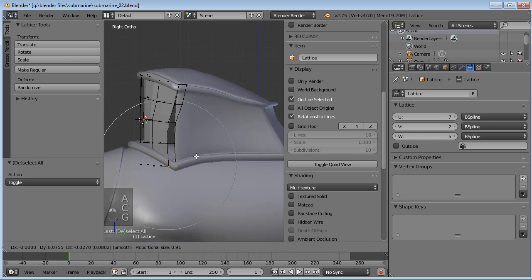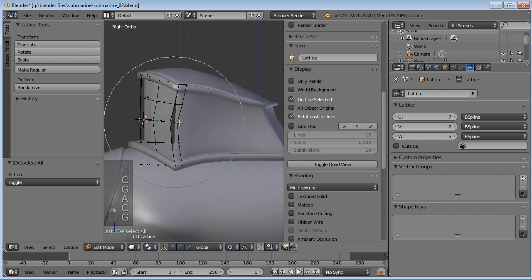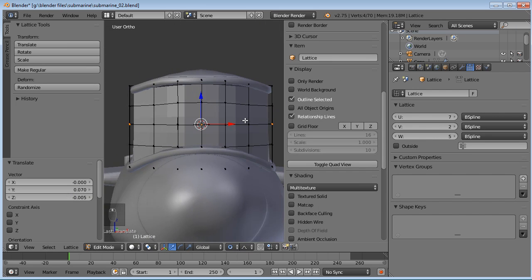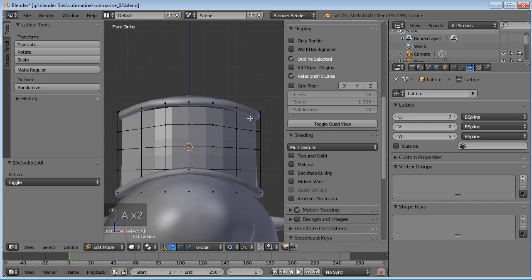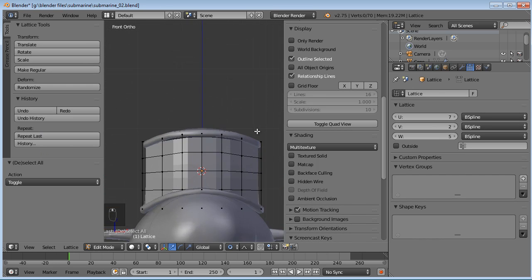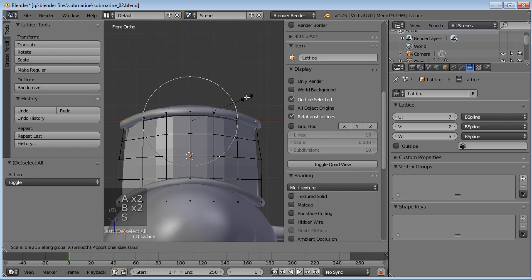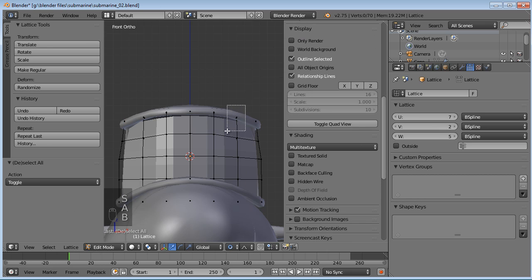So just select the bottom area here. I'm doing it from the side, so I'm selecting both sides at the same time because the lattice doesn't have the mirror option. I don't believe it has the option to symmetrize it either, so we have to make sure we do both sides at the same time if you want it exactly correct, which we do in this case.